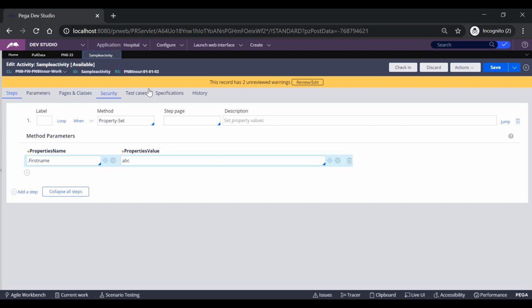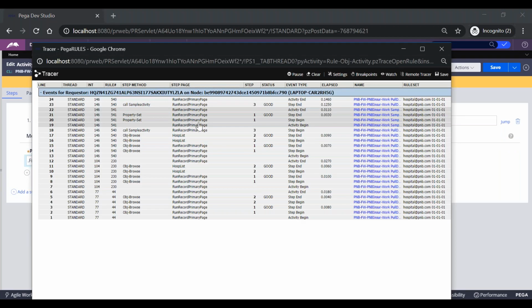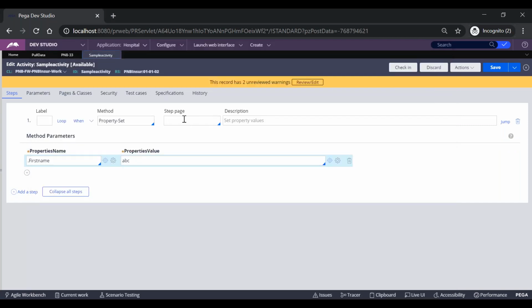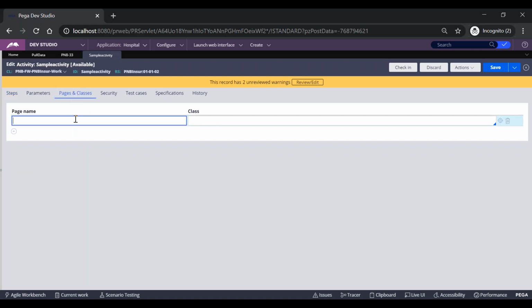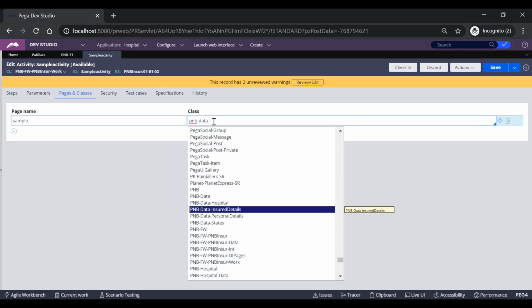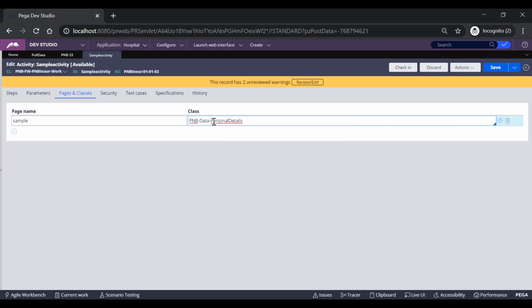Here we can see that the child activity will be executing on the run record primary page only. Suppose I define any page here, like sample, we should see that this child activity executes on this sample page. Give any page, sample page.